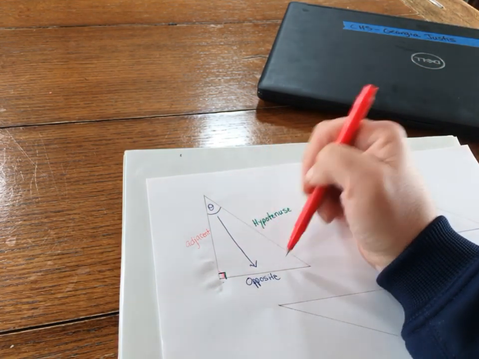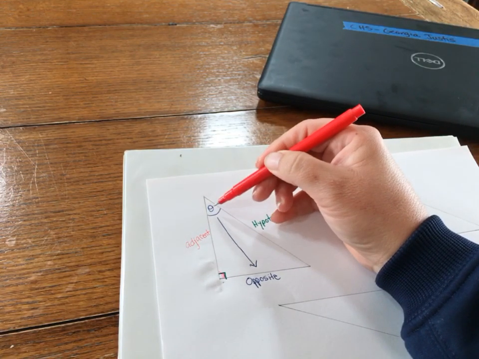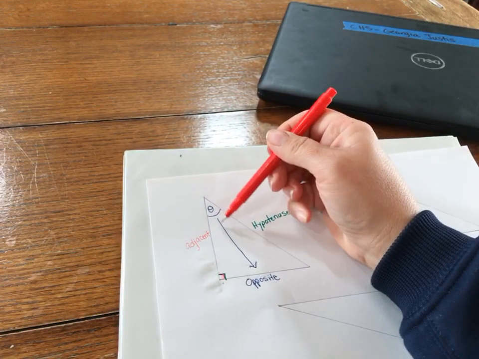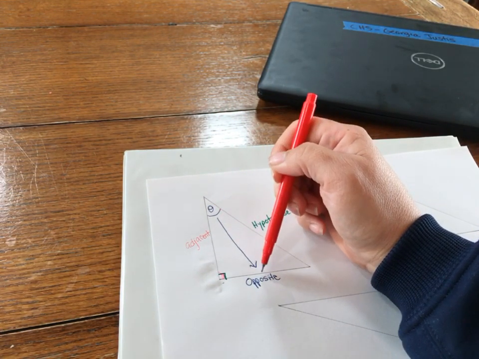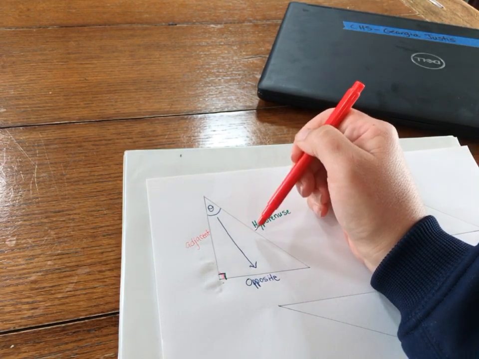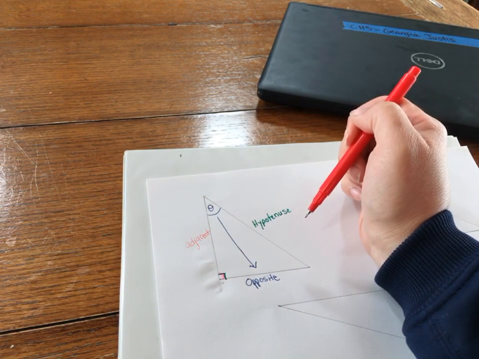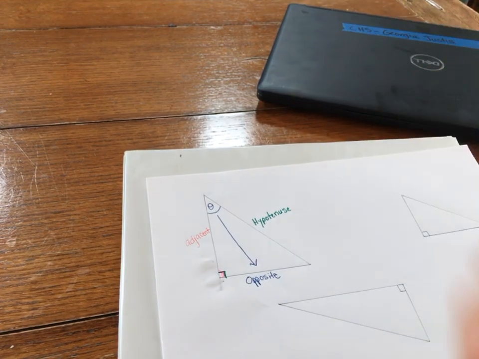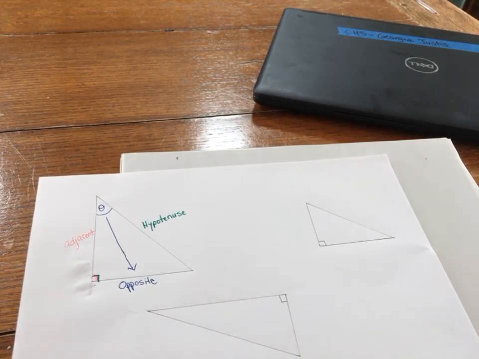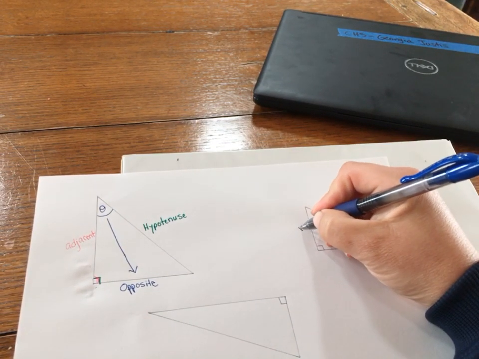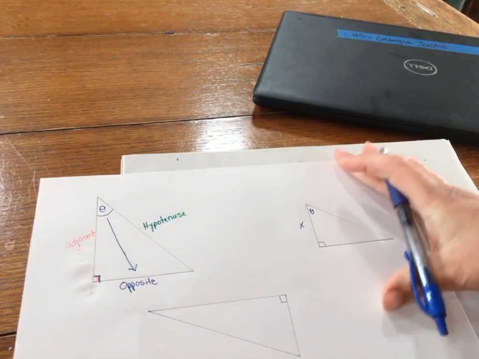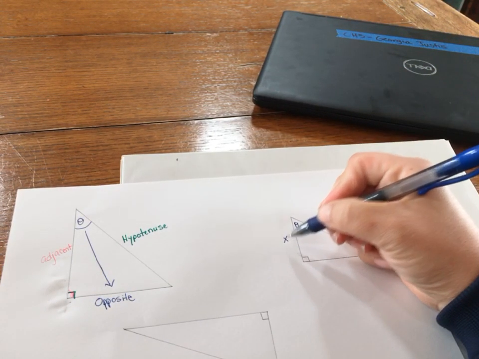And what you need to know is that given an angle up here, the side directly across from it, okay, if you take your pencil and you move it straight down, the side directly across from it is called the opposite. This is the adjacent, and this diagonal from the right angle is always called the hypotenuse. That does not change. So to give you a further example, if I was to say this is side X and this is your angle here,